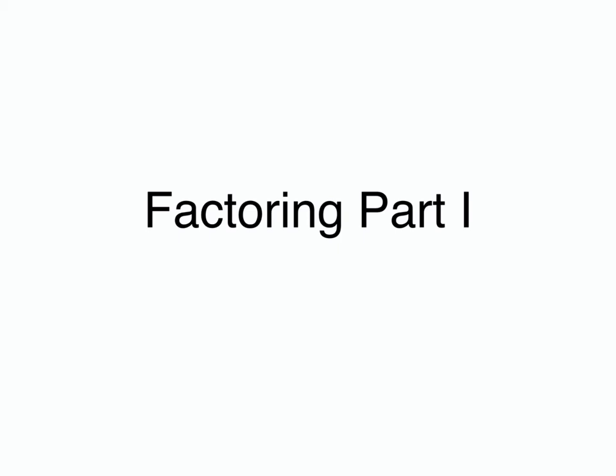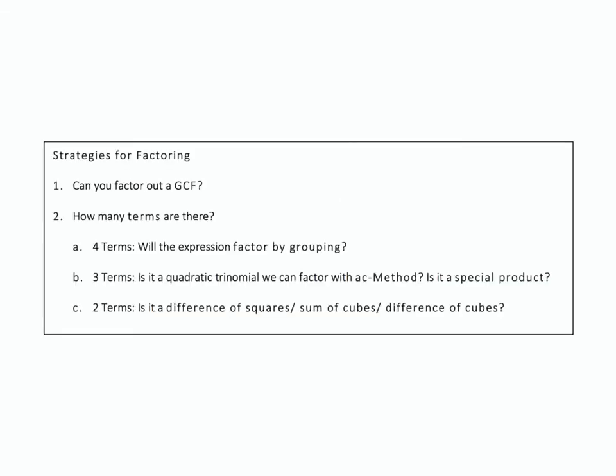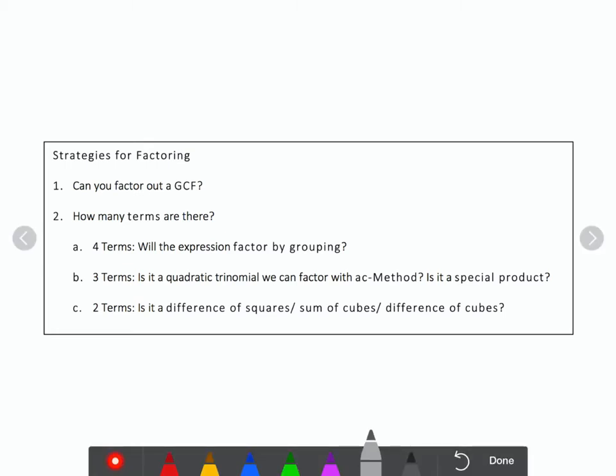In this lesson, we're going to talk about some of the basic types of factoring. Here's our general strategy for any type of factoring. When we're given a polynomial, the first thing we want to look for is if we can factor out a greatest common factor. Once we've determined if there's a greatest common factor, we could take that out. And then after that, we need to see if the polynomial we're left with can still be factored further. So we're going to look at the number of terms to help us decide which direction we should continue on with